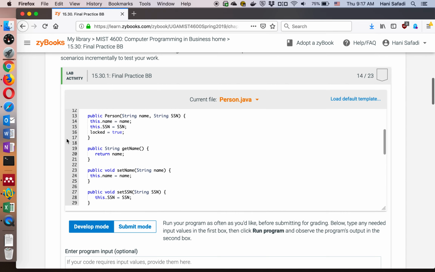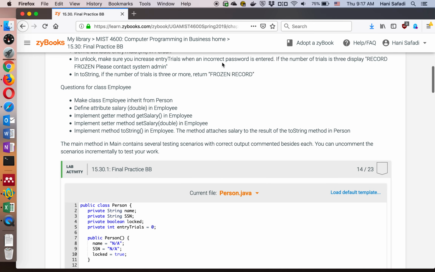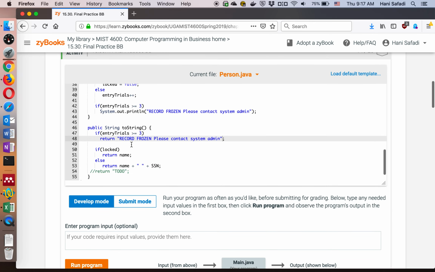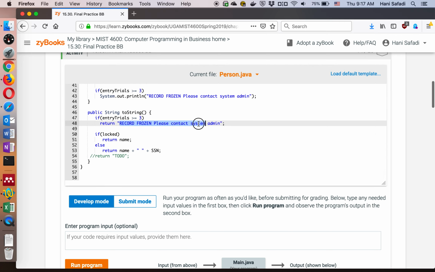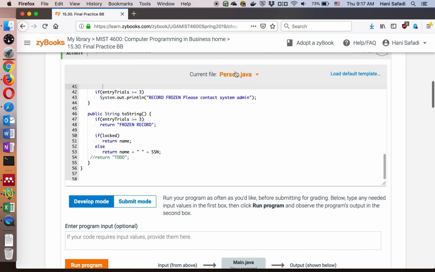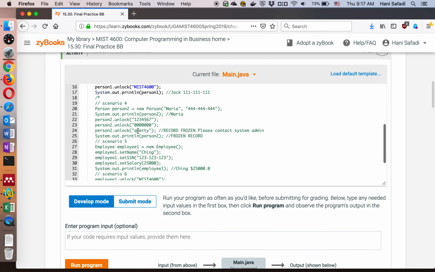So I'm not even going to think about it. I'm going to copy that from the assignment text. So maybe it makes sense to try to see if you get that in develop mode,